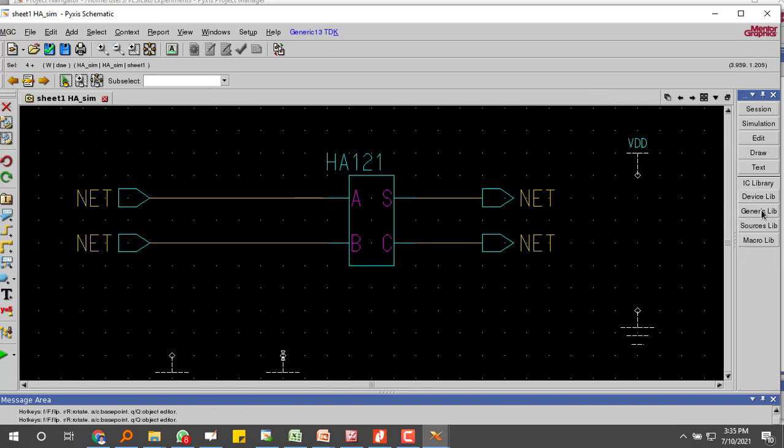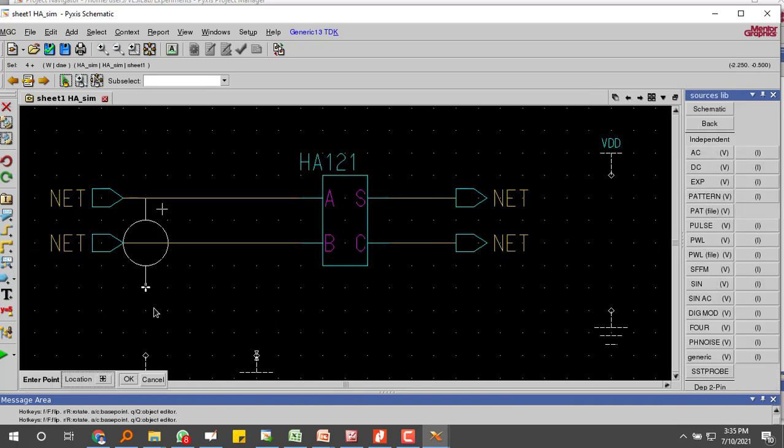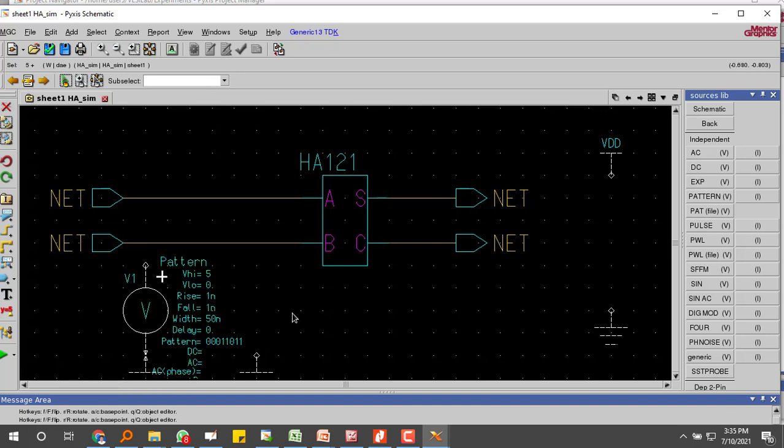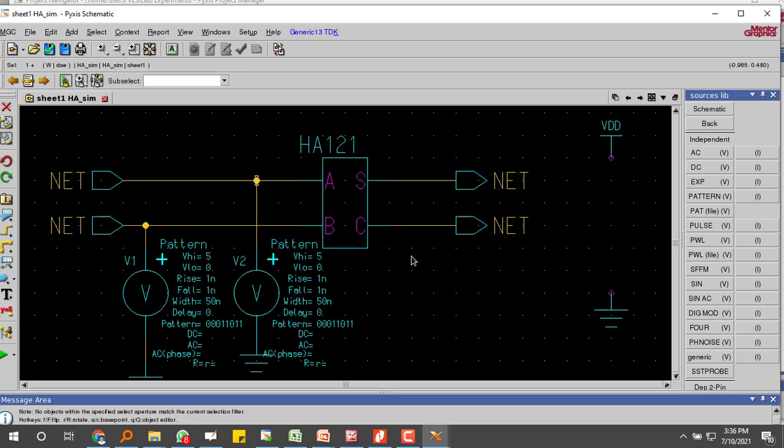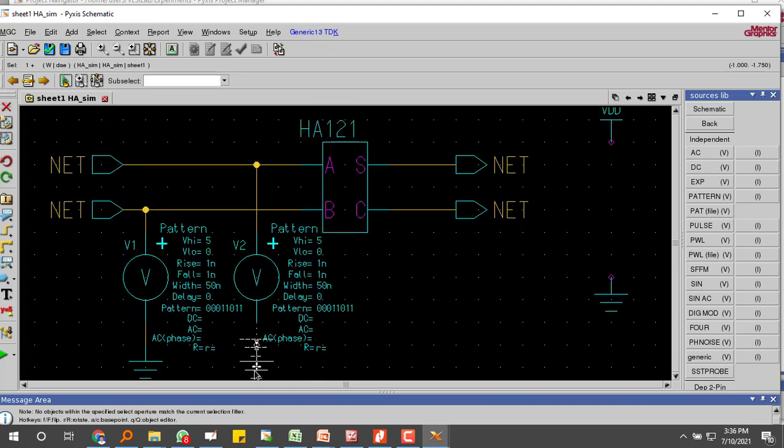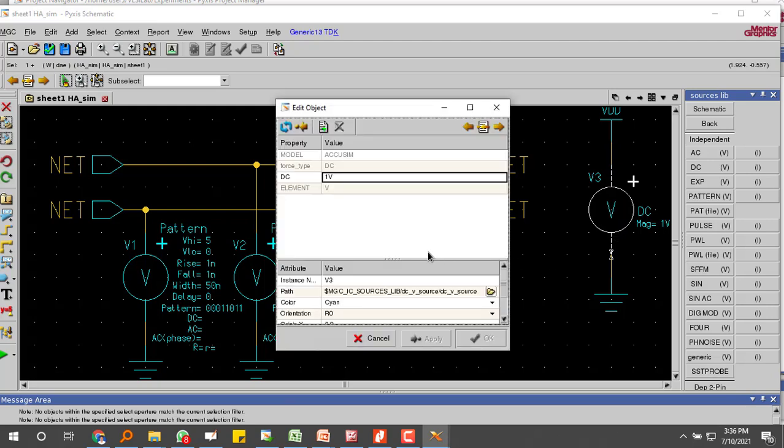From the source library, I will be taking a pattern to connect, and also I will be connecting the DC source to VDD. Always remember that the DC source you have to give 5 volts,